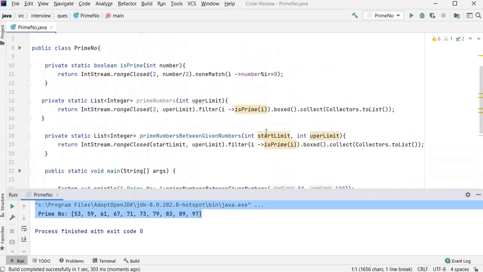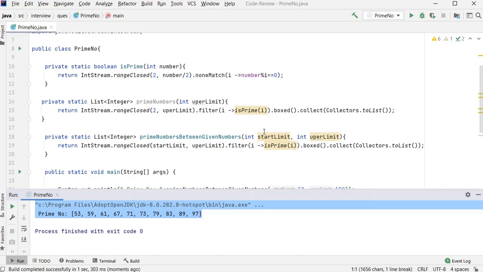So right now what the interviewer wants to know is this: you can see a lot of things you can use from Java 8 Stream. Right now this is playing the role of a predicate. So if anyone asks you what a predicate is, you can take this example. Suppose I want to print the series of prime numbers till a given number, and suppose I want to print the series of prime numbers between two given numbers. Then one method, isPrime, will return whether a number is prime or not. I use it as a predicate. So from the filter you can see we are using it as a predicate.